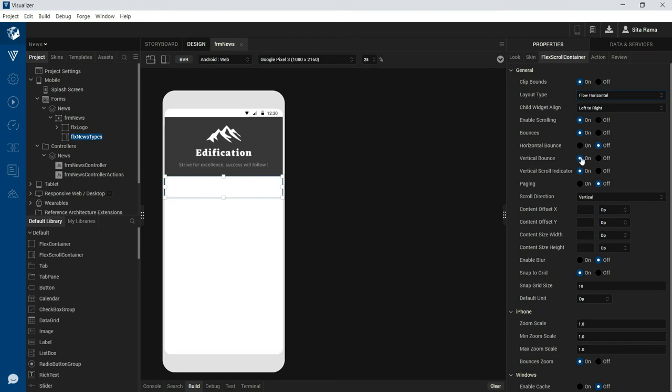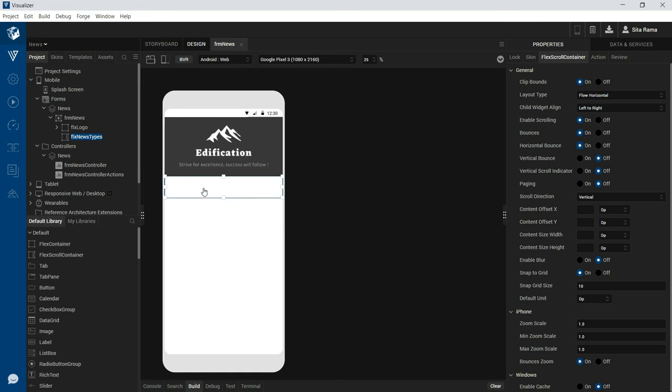I am changing the vertical bounces as off and also the vertical scroll indicator as off, and horizontal bounces I am making it as on, because in this flex scroll container we'll have a horizontal scrolling rather than the vertical scrolling.